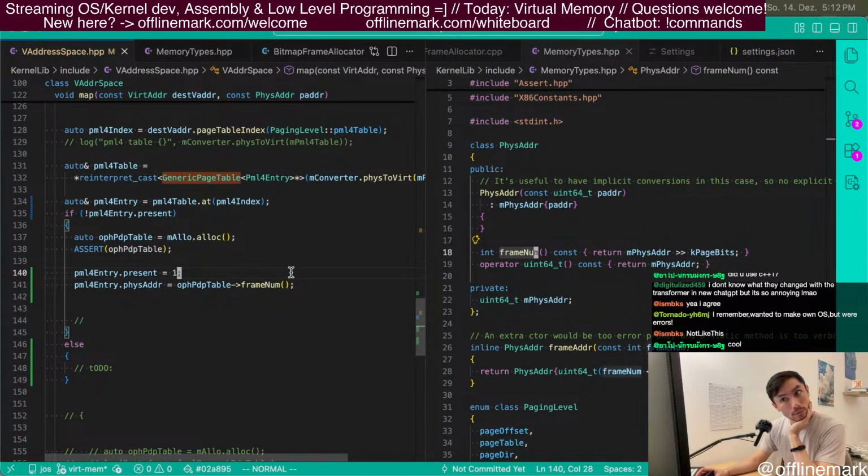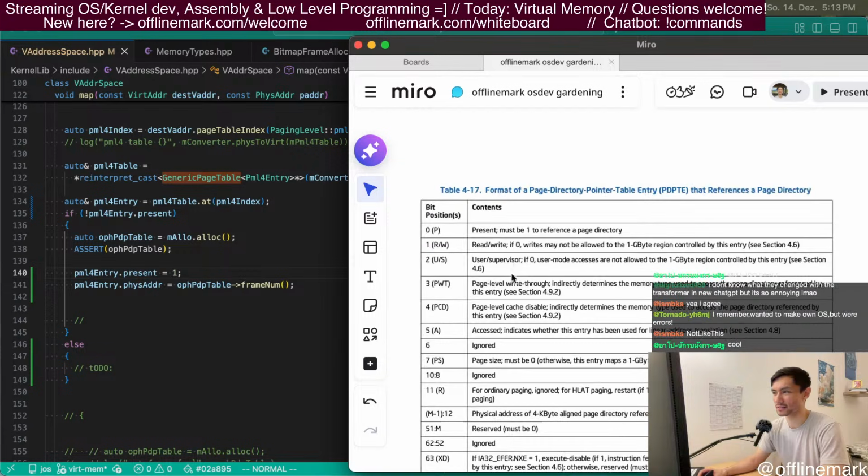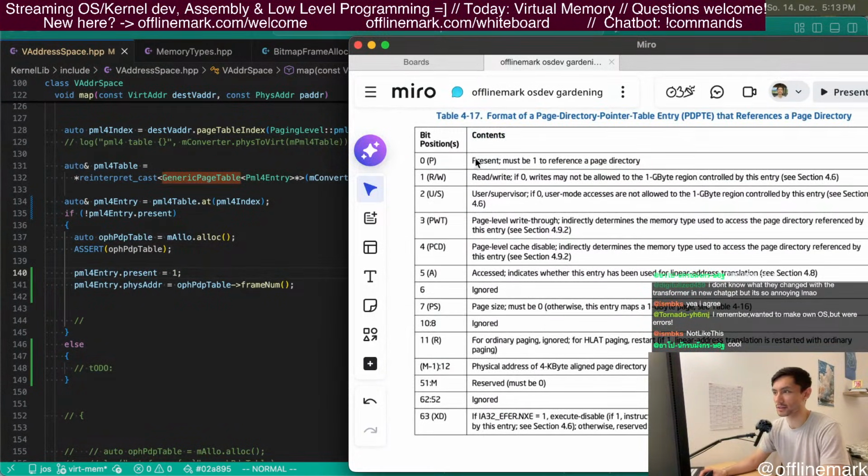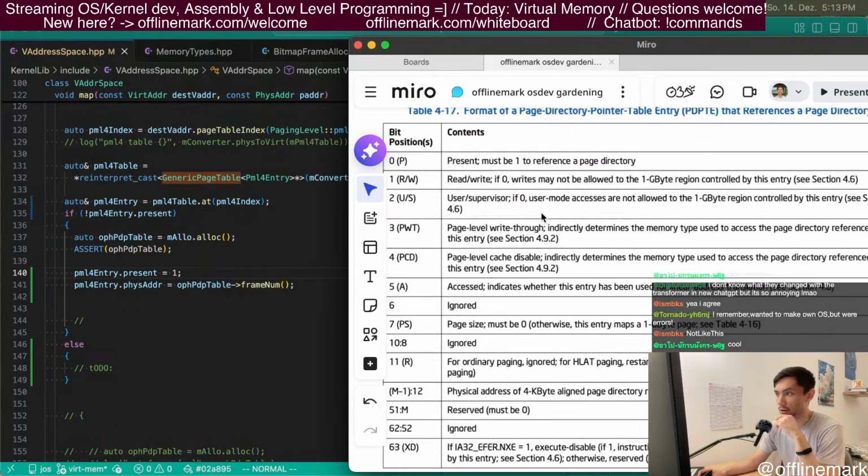Okay. So all that work just for that, but I think that's basically kind of user supervisor, right? I mean, that's all in the whole permissions thing too. If it's 0,